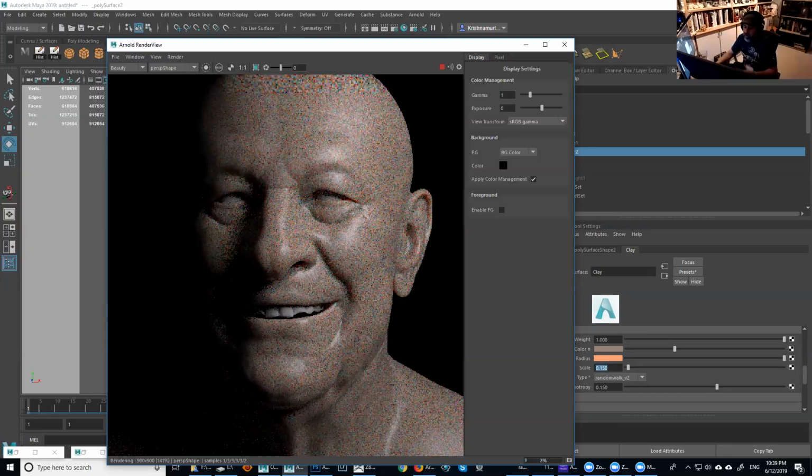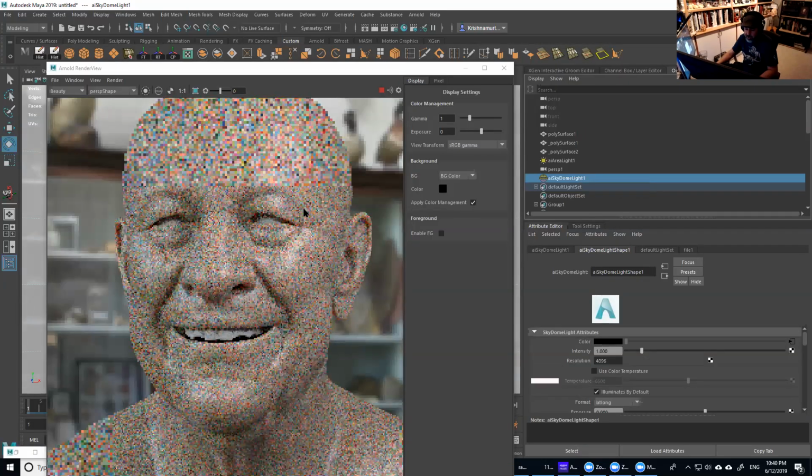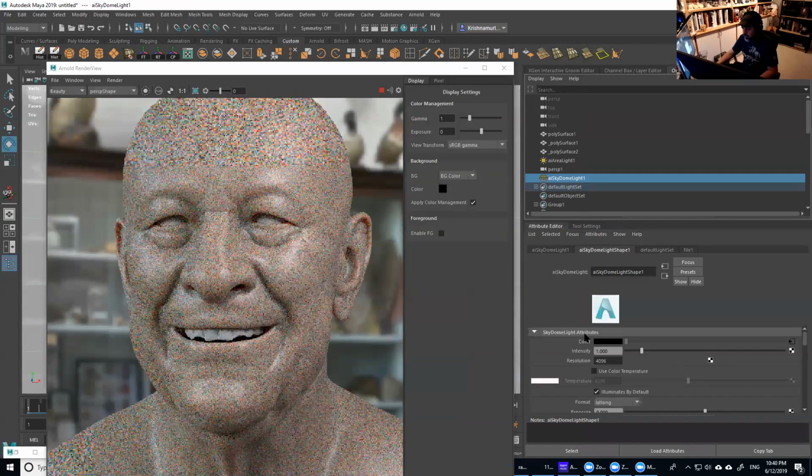But we don't have any other maps plugged in or anything, so of course we're not going to expect anything half decent in here. But at this point, if you want to go super fancy, we can turn on the HDRI and have both working at the same time. So you have the directional light and you have an HDRI. And for the HDRI, you can reduce the intensity, right?